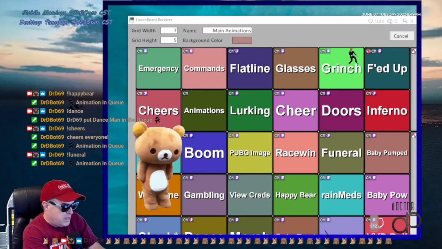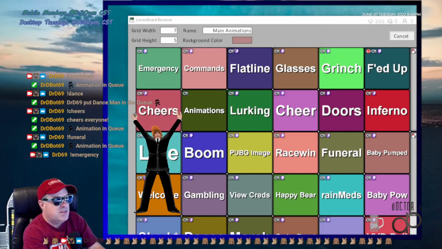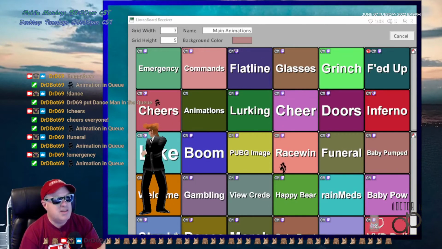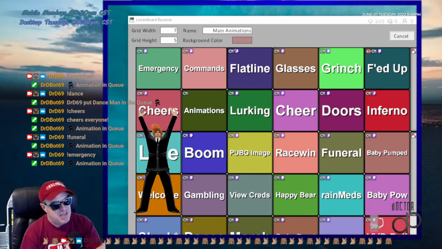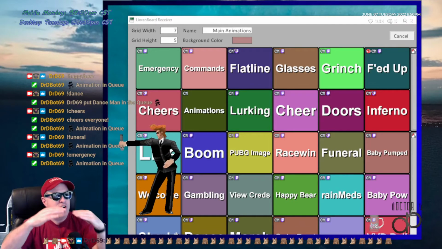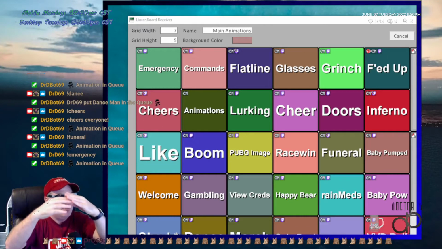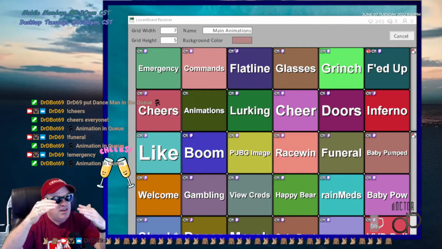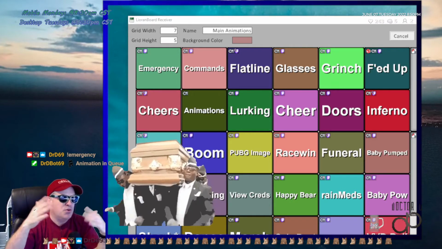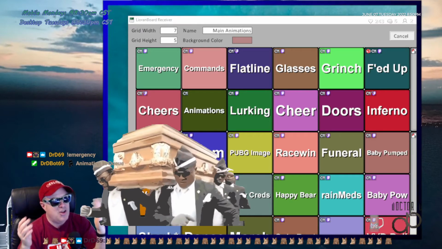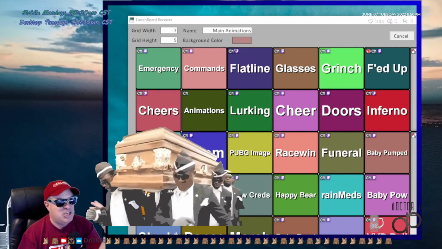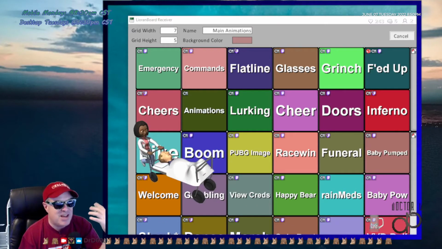I'll do emergency. Okay, so notice I set commands to do all these animations, but they didn't all play at once. Notice how it says animation in queue, animation in queue, animation in queue. What that means is those are all going onto the stack. And as soon as the dancer is done, then it'll say, oh, who's next? Okay, it's Cheers. After Cheers, who's next? Oh, it's the funeral. After funeral, who's next? Oh, it's emergency, right? So I basically had to build this queuing mechanism, and it was kind of time-consuming and